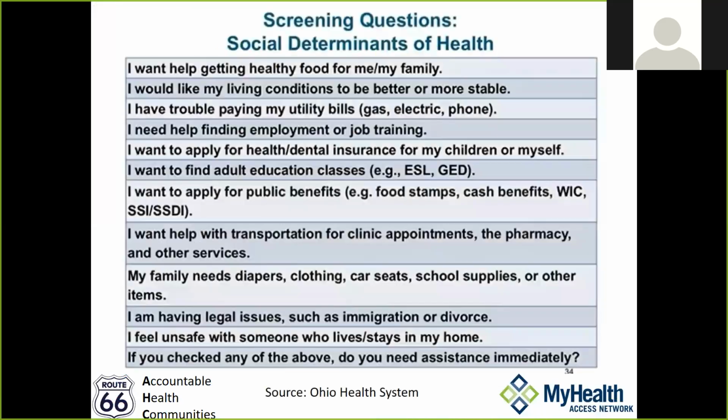the existing workflows. Now, this is a slide actually from a health system in Ohio, and I highlight it because I think this is a great way to ask these questions. It's very actionable, it's clear, and if patients are asked questions in this way, they know what the answer is, and they can indicate any one of these they need. And everybody who sees this question being answered knows what to do in response to it. They know what is needed.